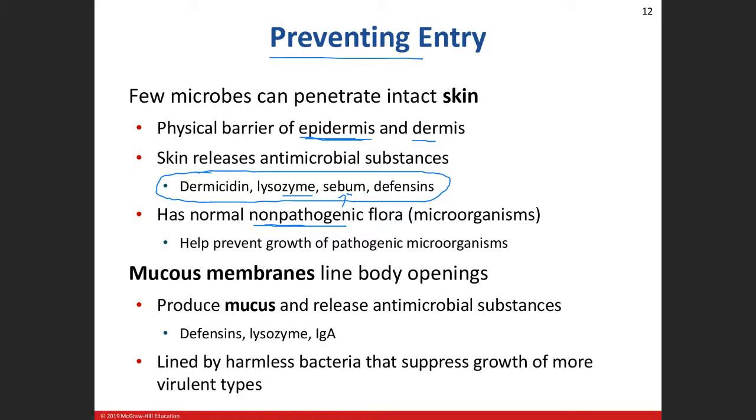And they help to keep the virulent or the dangerous type of bacteria in check because they're both competing for resources, okay? So as long as the good microbes are present there, they're going to keep the population of the bad microbes down because it's a competition of the